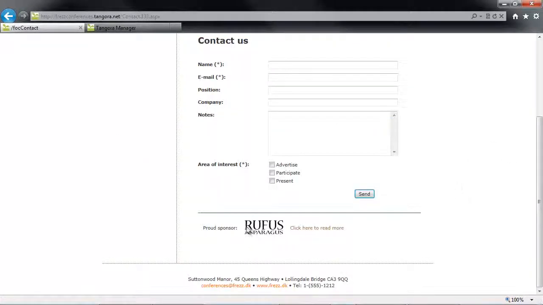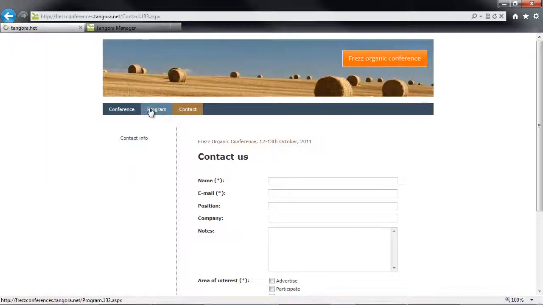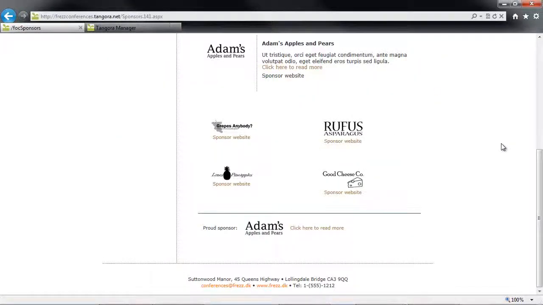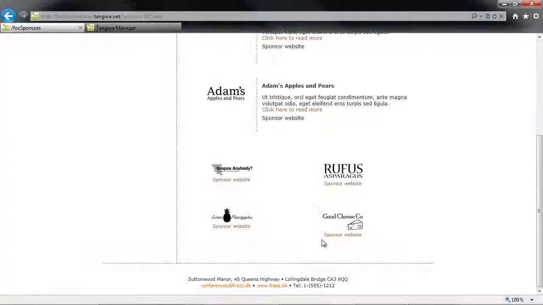A final note here is that you may do well to disable this random showing of sponsors on the sponsor page. And this can be done by creating an alternative version of your page layout via Save As in order to create an exception for just this page.